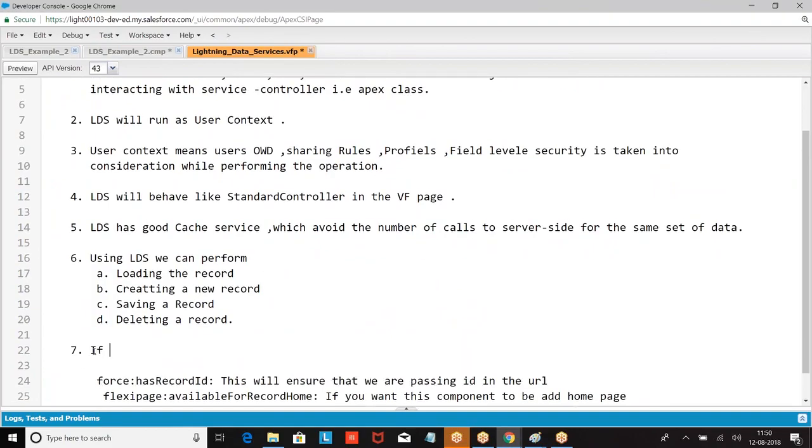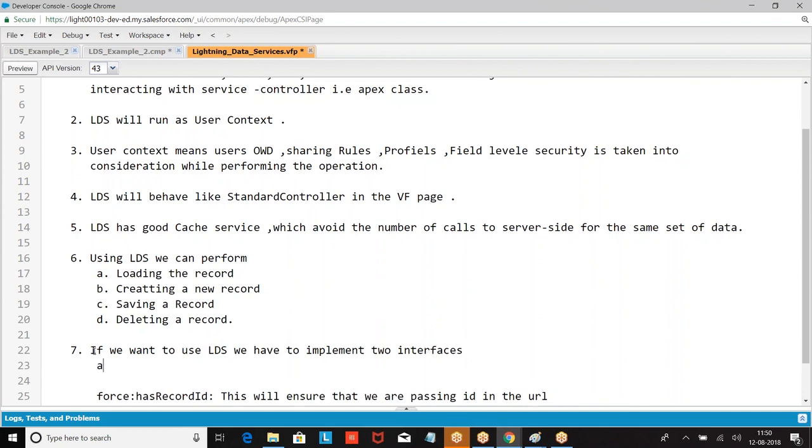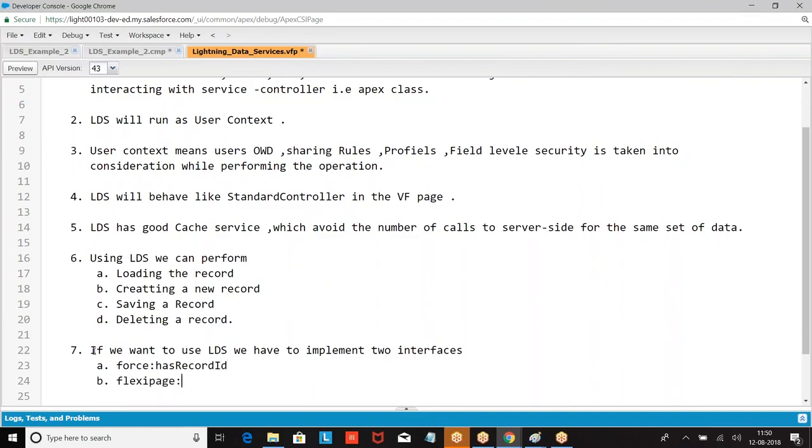If we want to implement, one is force:hasRecordId.